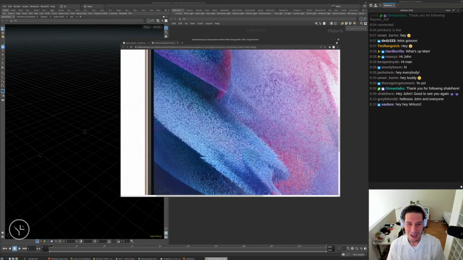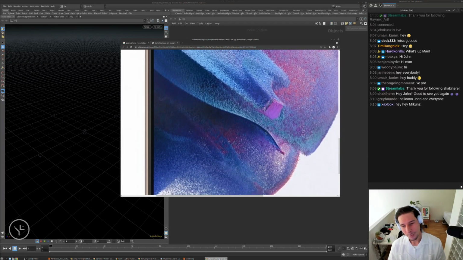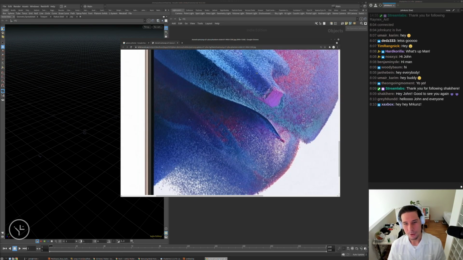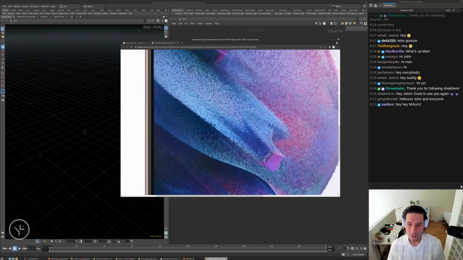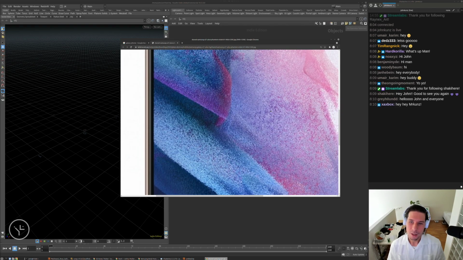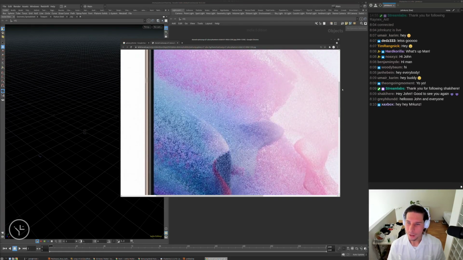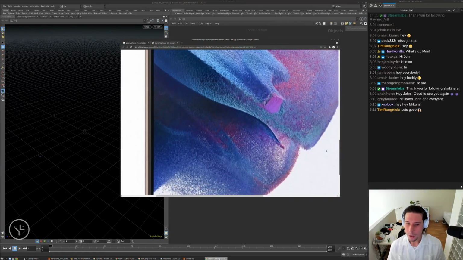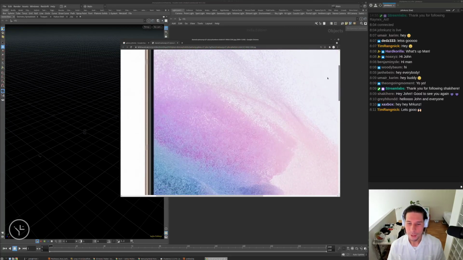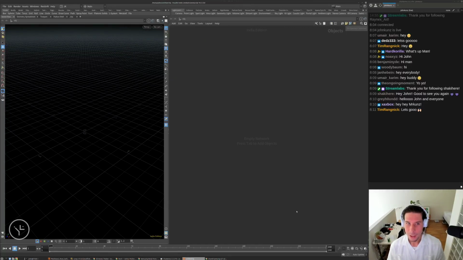So yeah, this could be... It almost looks like if you drop ink pellets or cartridges into water, but some other parts look kind of noise driven, like non-simulation based. But yeah, we'll just go ahead and get started